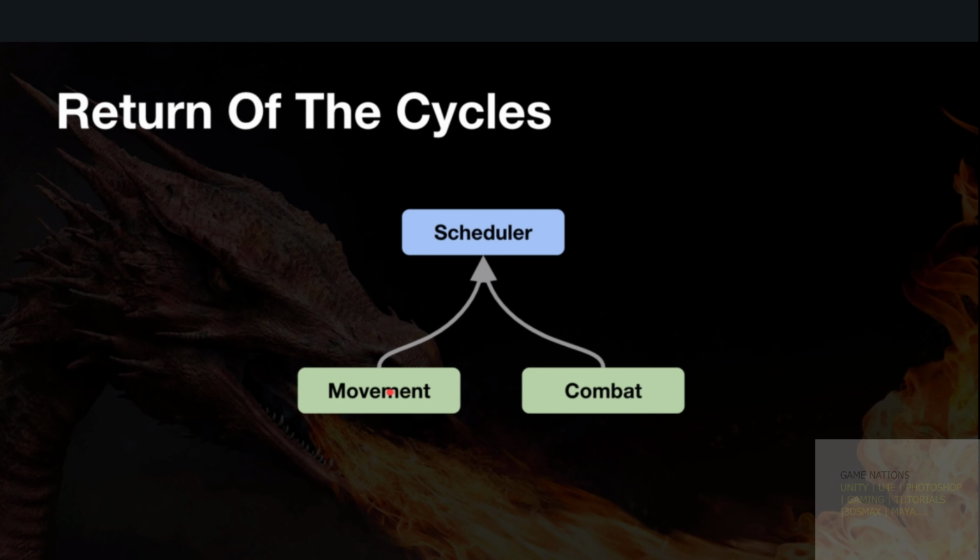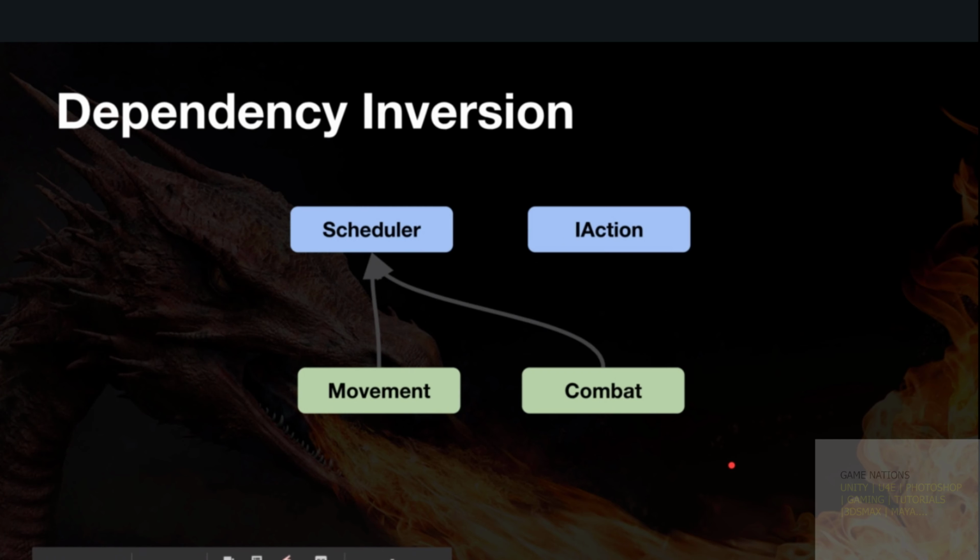At the moment, we've got our dependencies set up this way, but if I were to try and call to movement and combat, I would also be creating dependencies from the scheduler down to the movement and combat modules, which means that we've got dependency cycles again, which is absolutely no good whatsoever. So what we can do to solve this problem is introduce something called an interface to invert the dependencies, where